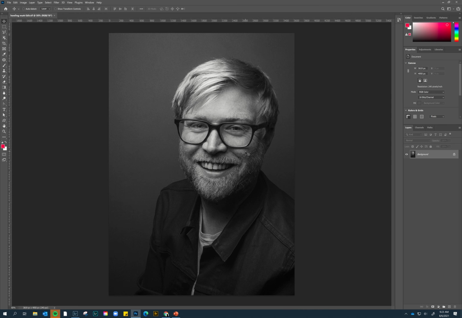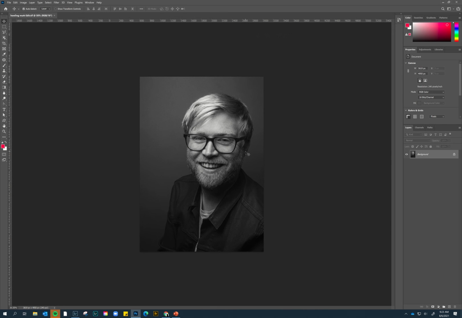Photoshop has a slightly different interface than Lightroom does, but it's still not very difficult. We will play around and explore all the different aspects of Photoshop. But all we really want to do right now is go all the way down to our type tool, which is this guy. It looks like a capital T. I'm going to click on it. And from here, we can just add in all sorts of different